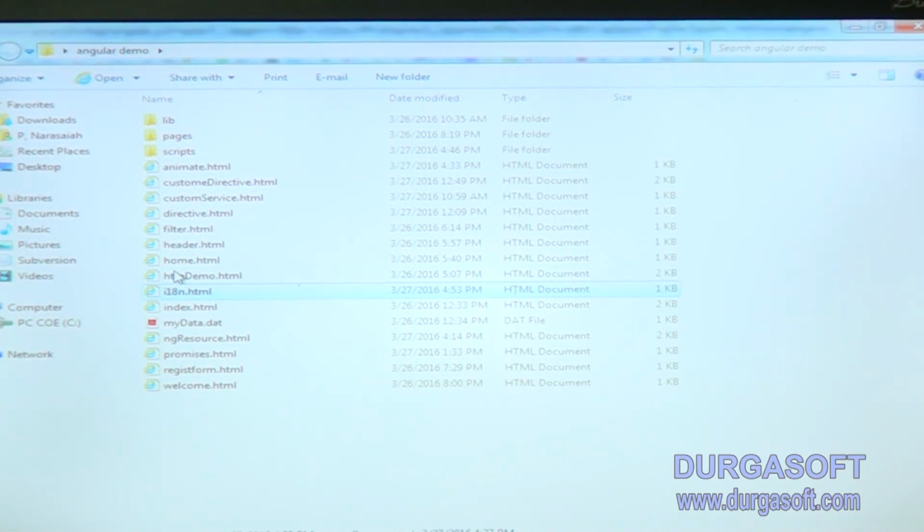But when coming to AngularJS or JavaScript programs or CSS, we don't have such a defined project structure to implement it. What we can do is keep JS files in one folder, CSS files in one folder, and HTML pages in one folder, and we point to that folder.